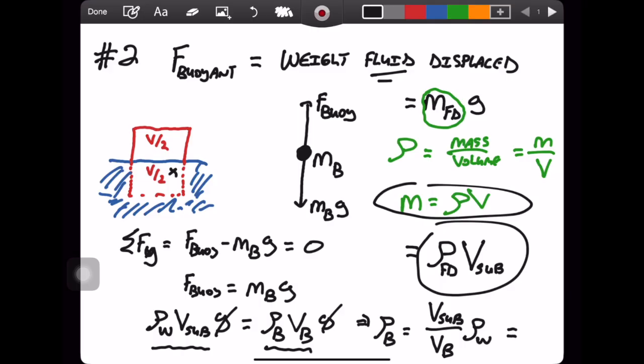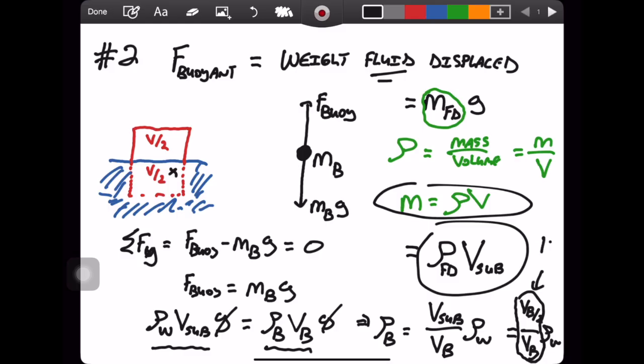And so in this problem, 1/2 of the block is submerged. And so that means V_B over 2 divided by V_B, times rho water. And so if you have V_B over 2, that's half of the block. And then you have V_B in the denominator. This term right here